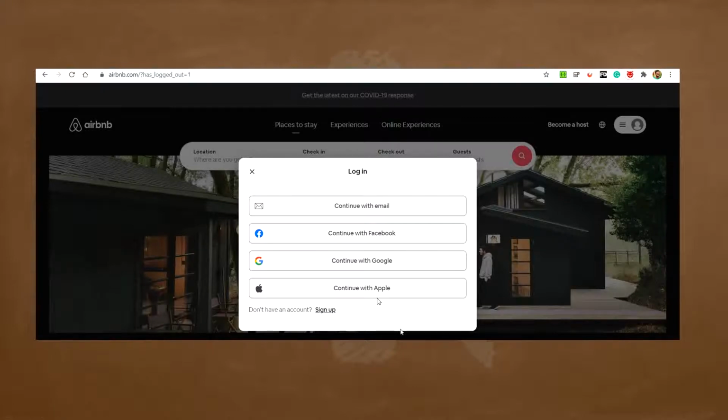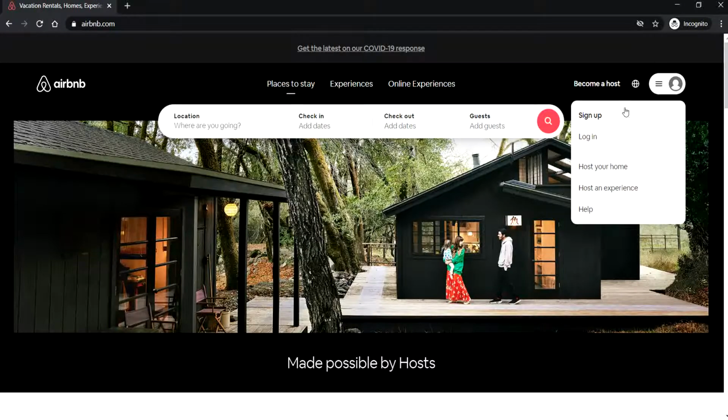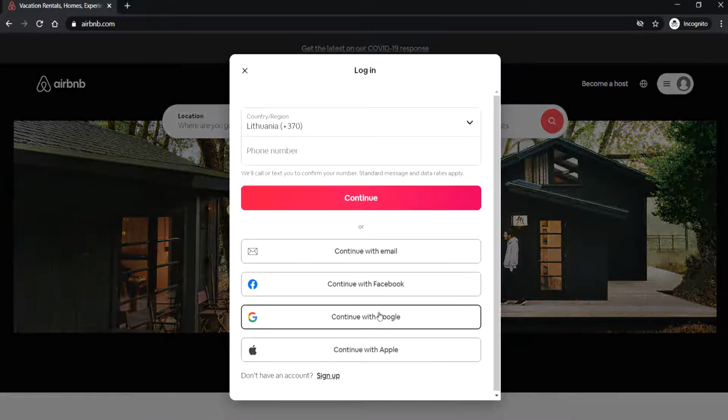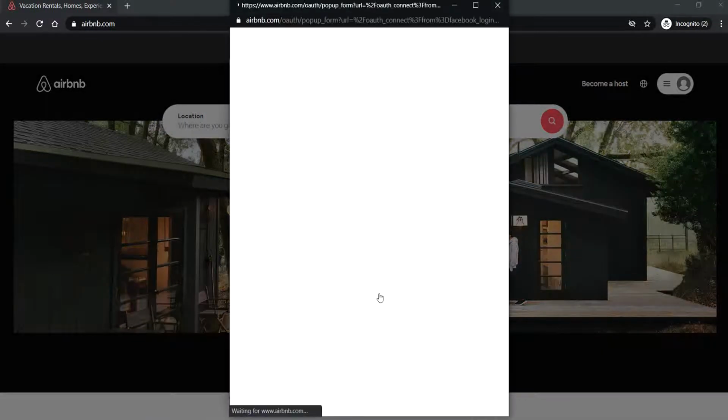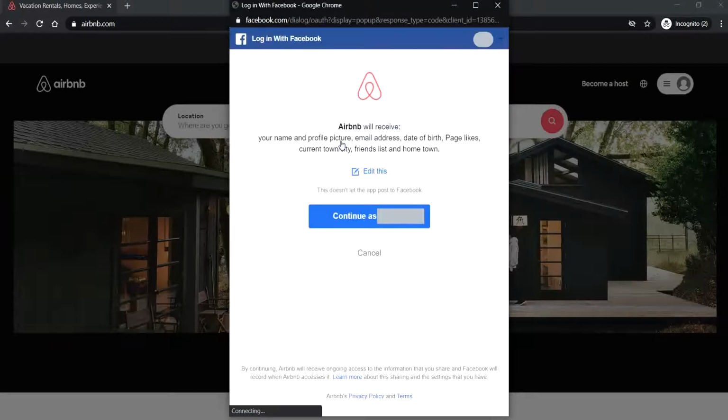Note that OAuth is an authorization protocol, not authentication. To understand what I mean by this, let us try and log in to Airbnb using Facebook. So I go on the login page and select continue with Facebook, and I enter the details of my Facebook account. Here you see that Facebook is asking us for authorization to provide our data to Airbnb.